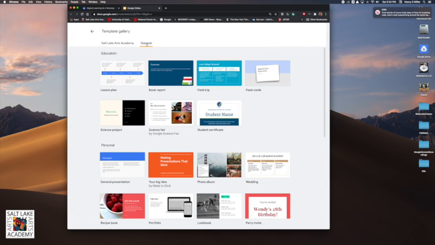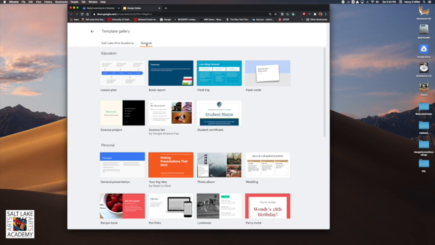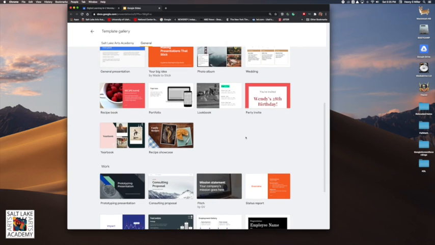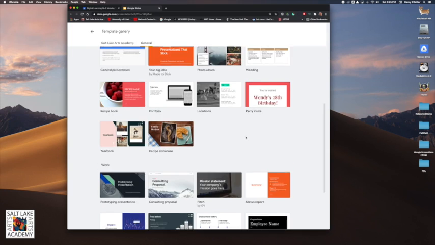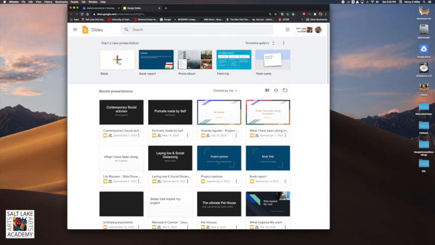I'm going to click on the general ones to look at, because there are none that are pre-built by us, but in the general ones, you can look and see some of these layouts. They might be really useful for you. You'd have to experiment with them, but I would definitely encourage you to start with the big plus button and using the blank and begin there to get familiar with the tool before you start filling in using their templates. So I'm going to click on a blank,